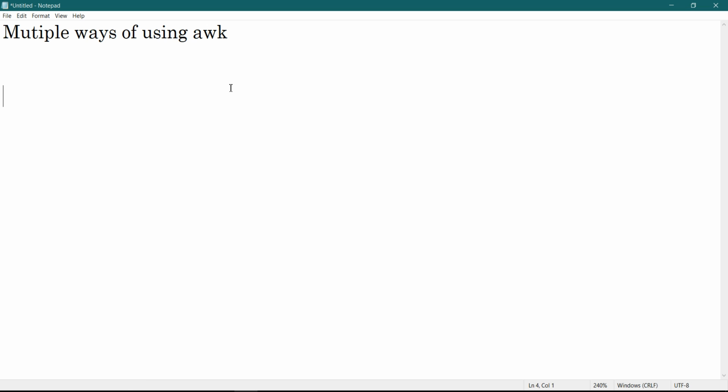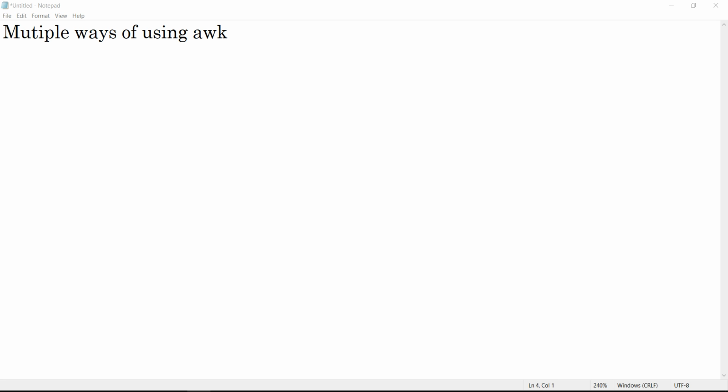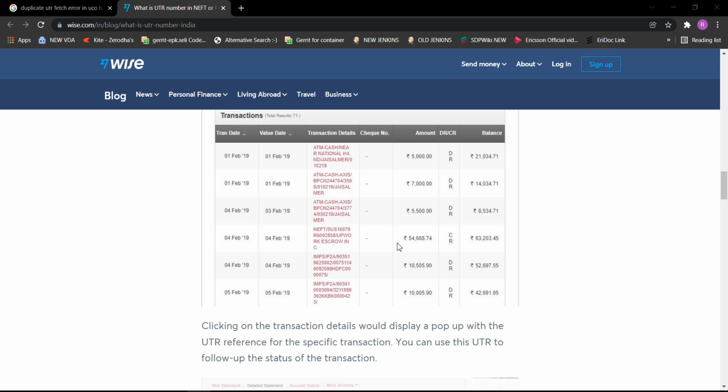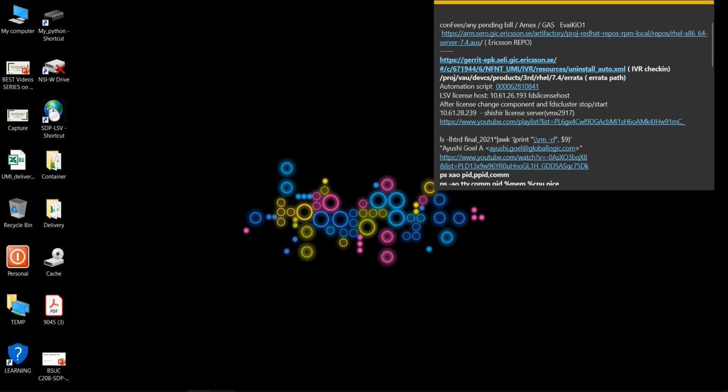So today we are going to discuss the multiple ways we can run an awk program. I will show you how you can run awk as a Unix command line, run awk from a source file, or run awk as an executable script. First we see how we run awk as a command line, which I have already explained. I will explain it again.